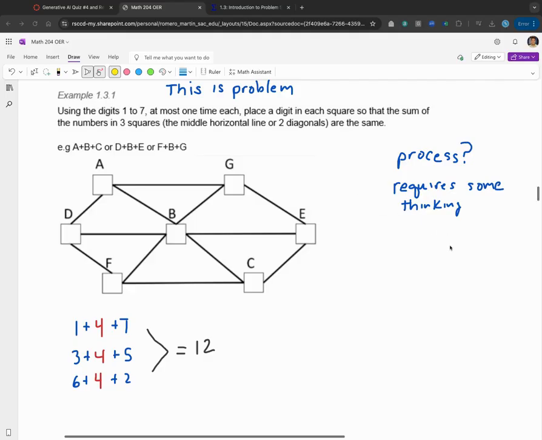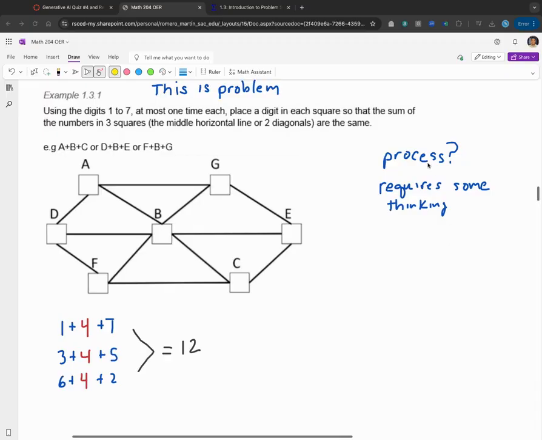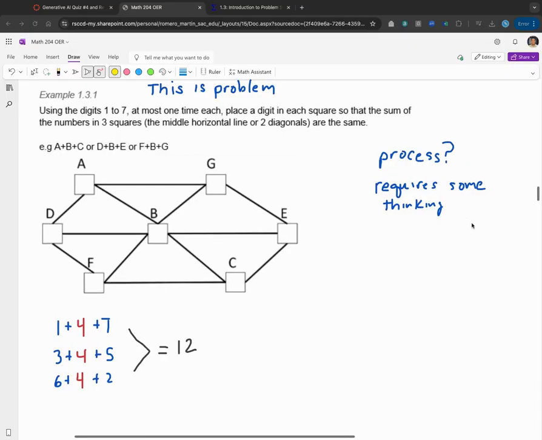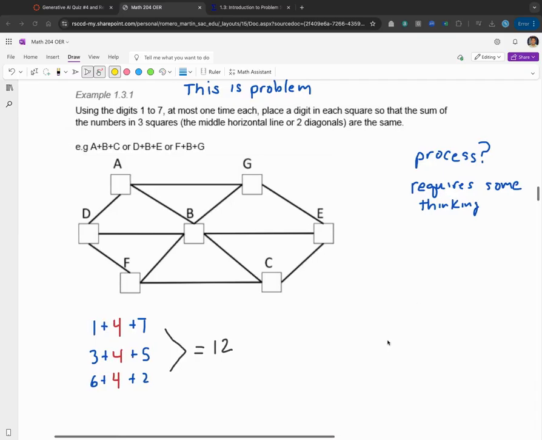So we have to first understand the problem. What's the process? How would we solve that? Require some thinking. What would we do? In a case like this, which we learn later, I would just kind of try things, not be afraid. Let's get it wrong. Let's get messy a little bit. This is ultimately a solution. You may find a different one, but ultimately, you start adding numbers, but you will see 1 plus 4 plus 7, 3 plus 4 plus 5, and 6 plus 4 plus 2 would all work. Again, looking for common sums across the middle,